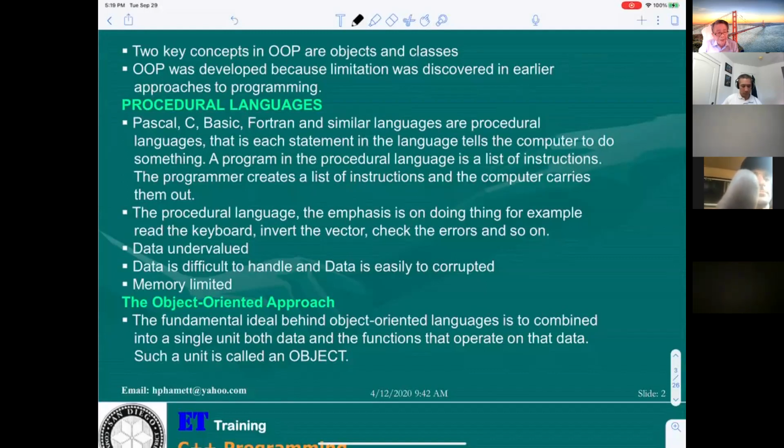OOP, what does OOP stand for? Object-oriented programming. Exactly, object-oriented programming. Okay,